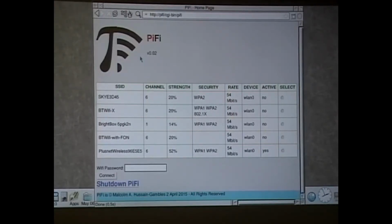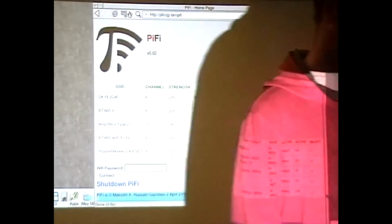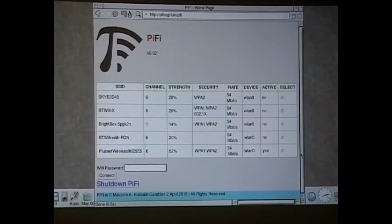And then rinse and repeat that a couple of times. But that's basically it working. I've not had any problems. It works with most Wi-Fi adapters. I've got a few here. And you can actually plug multiple in at the same time, which is kind of a bit strange, but